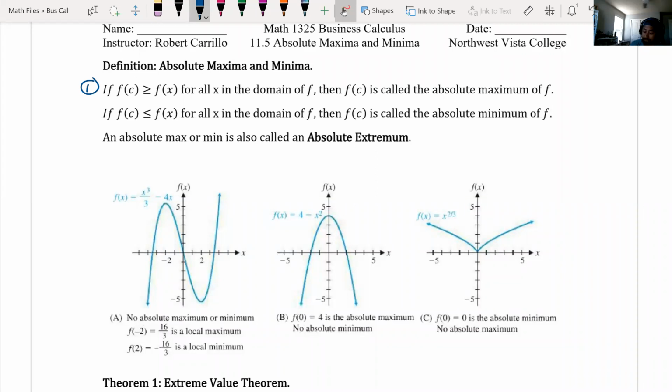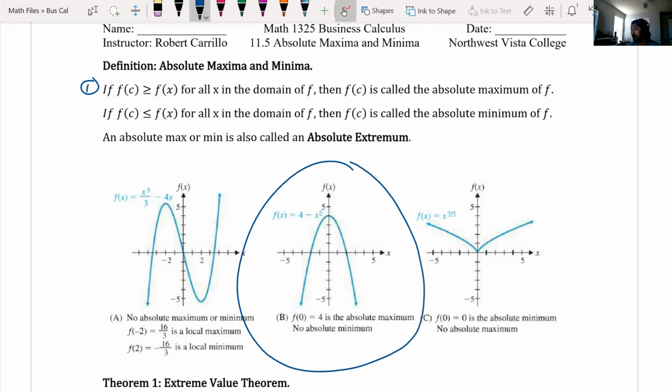So we'll look at the second picture below. This picture represents an absolute maximum, where the point 0,4 is the absolute highest point on the graph. So this point 0,4 would be considered the absolute maximum. Okay. And then 2